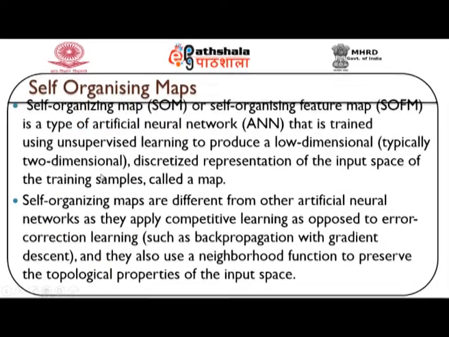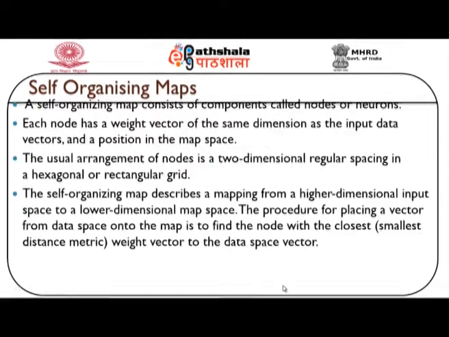Next comes the self-organizing maps. Self-organizing maps, or SOM, is a type of artificial neural network that is trained using unsupervised learning to produce a low-dimensional discretized representation of the input space of the training samples, which is called a map. The SOMs are different from other artificial neural networks as they apply competitive learning as opposed to error correction learning, which is like backpropagation with gradient descent, and they also use a neighborhood function to preserve the topological properties of